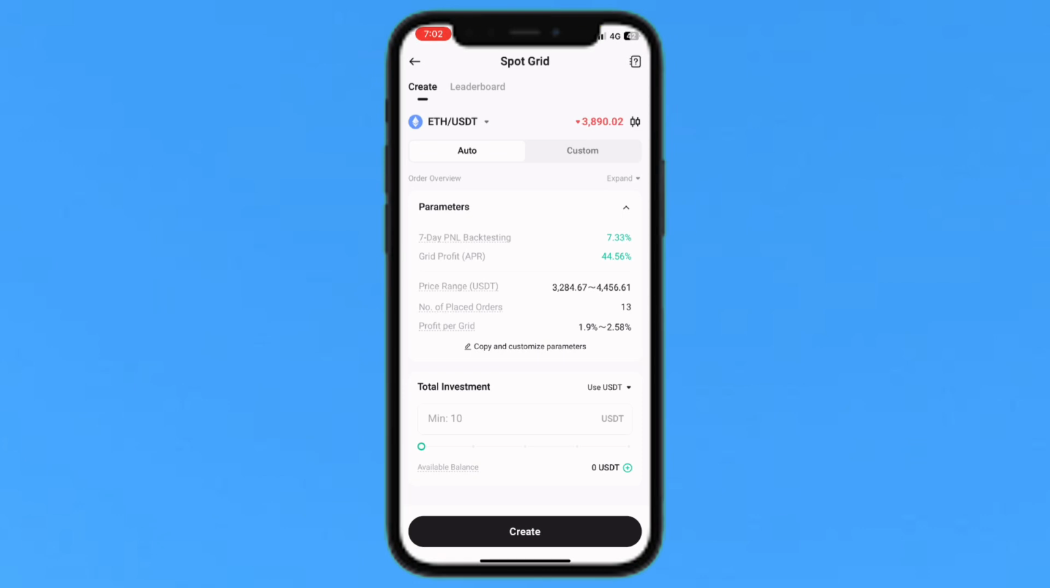And if you set the auto parameters, the 7-day PNL backtesting is 7.33%, and the grid profit annual percentage rate is 44.56%. So here is the price of your Ethereum, and the place order is 13, and the profit per grid is 1.9% to 2.58%. The minimum investment in this automated spot grid is 10 USDT in total, but right now I have